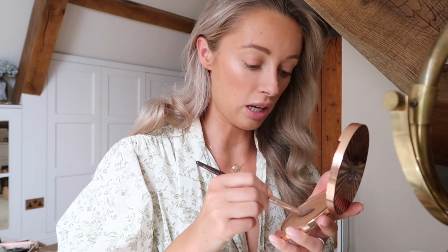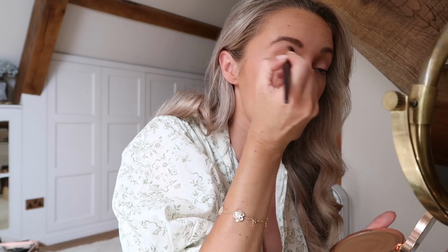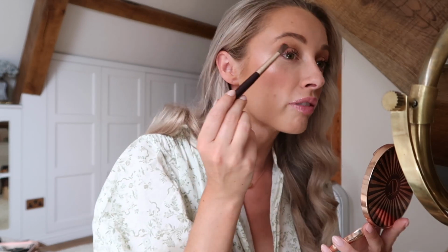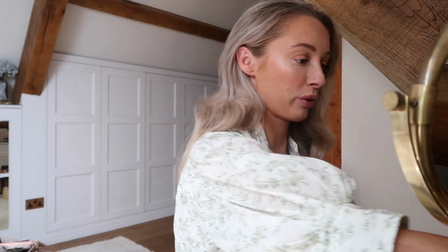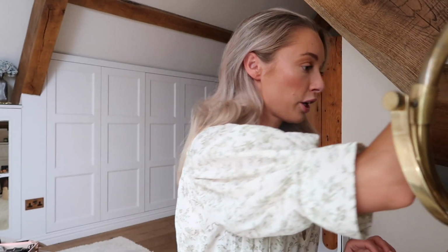But I do usually love using my bronzer as an eyeshadow because it just kind of keeps that consistency. I was watching Leonora's morning routine video, and she used her bronzer as an eyeshadow as well. She's a big Charlotte Tilbury fan as well, and she was saying it's really nice to keep your makeup tonal by just limiting the colours. I barely ever do anything with my eyeshadow. Right,